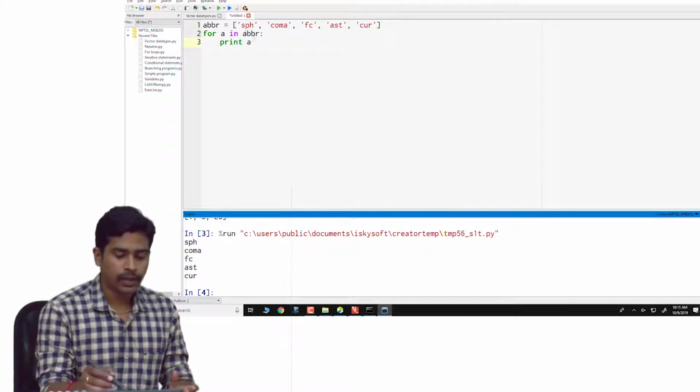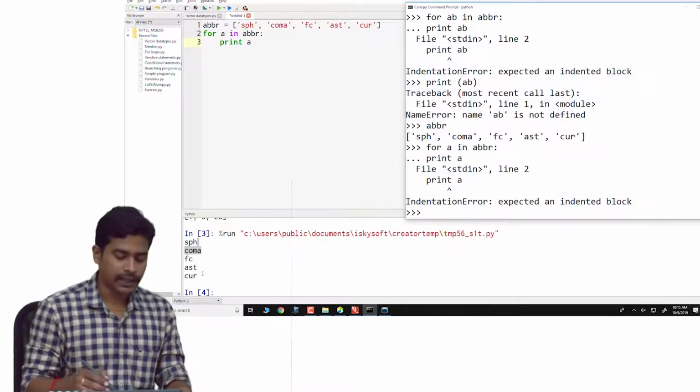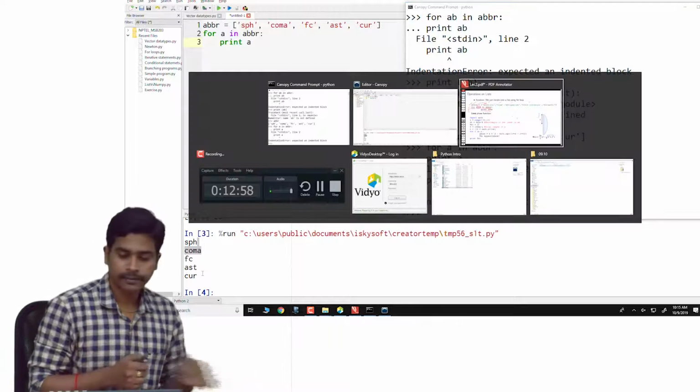We used a for loop, and a is the dummy variable here, and on each iteration step a is assigned one of these strings, and we are printing the strings in the output.